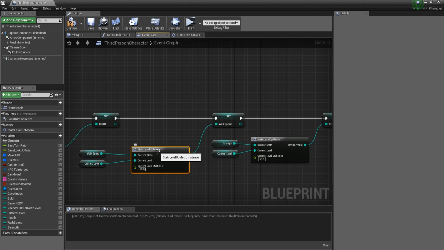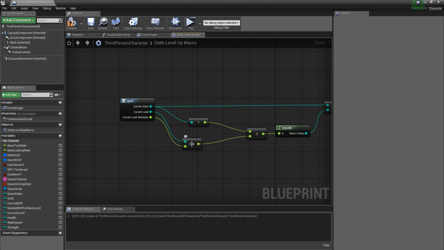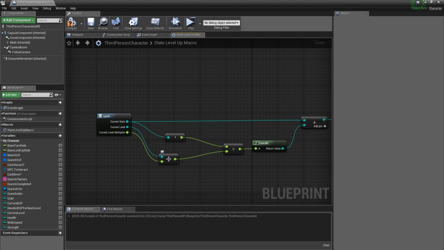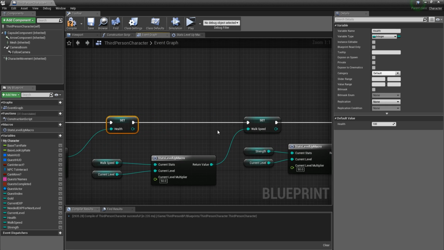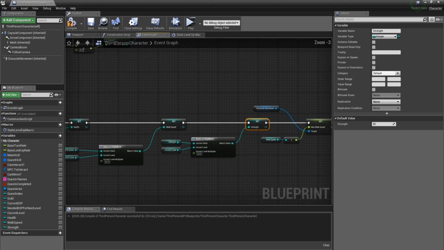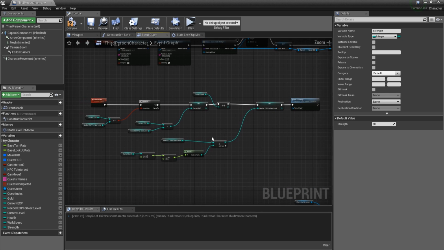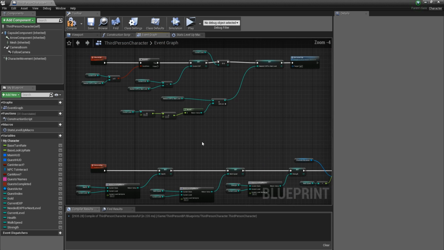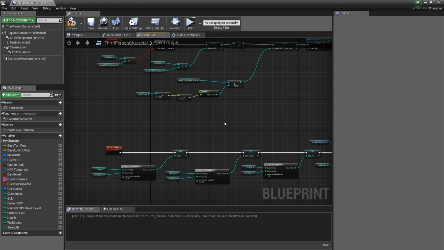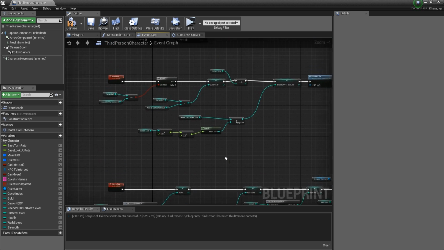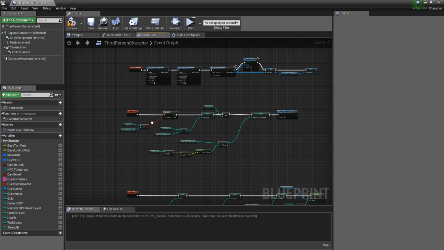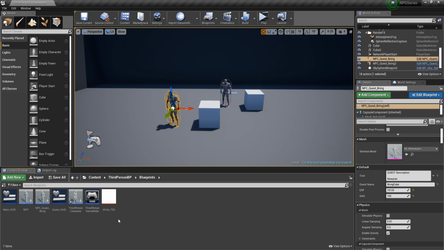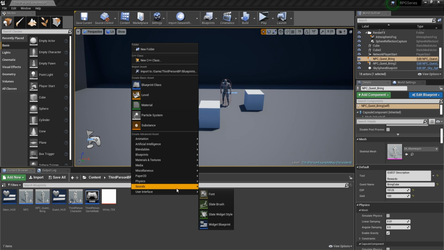Okay, so basically this is just some random math that we are going to use to increase every time the health, the walk speed and strength stats. Okay, and I believe now we are almost done with the third person character. The only thing we'll have to do is to use some nodes in here and create the UI elements. So before working again in our third person character, we are going to create a new user interface and then